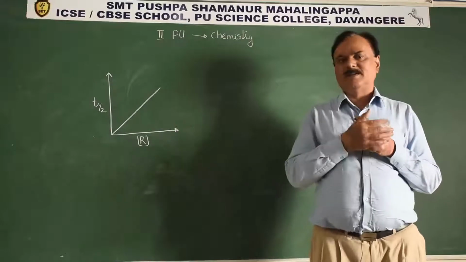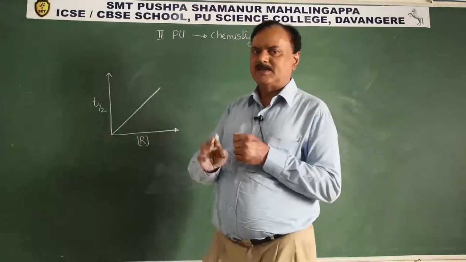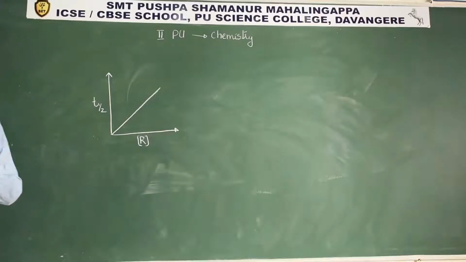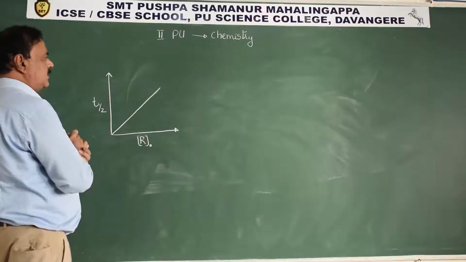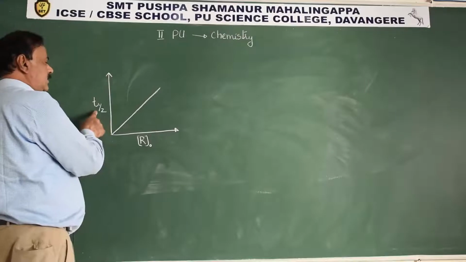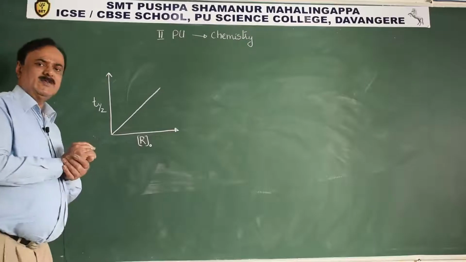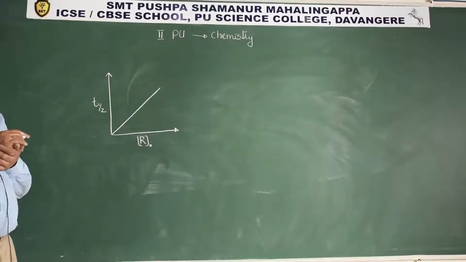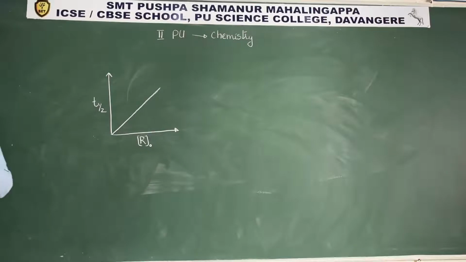Whenever the half-life period of a zero order chemical reaction is considered against the concentration of the reactant, it is found to be a y equals mx nature of graph. Already you maintain y equals mx nature of graph. This is R naught, the initial concentration of the reactant. When T half-life period of the zero order reaction is plotted versus R naught, it is a y equals mx nature of graph, a straight line graph, and it easily bisects the coordinate into two equal parts. Is it clear?